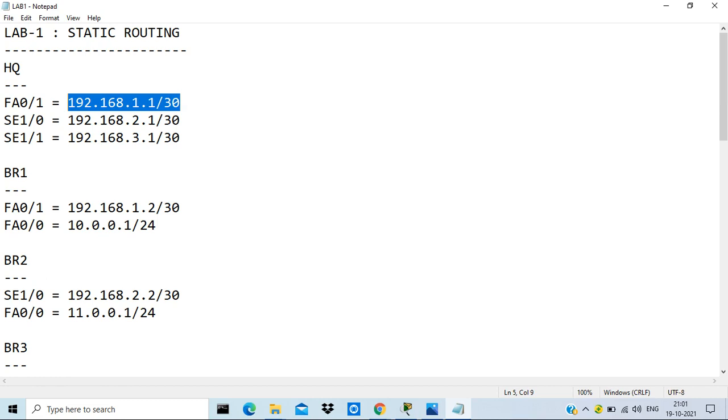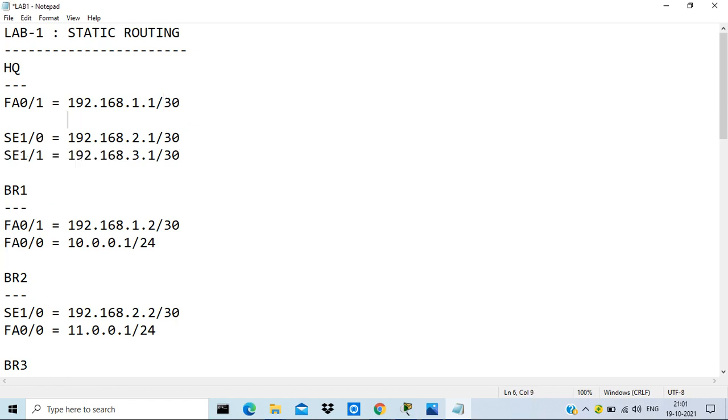But when we configure a LAN card of your laptop or desktop, will you write 30, or a full subnet mask? Full subnet mask. So what is the value of 30? 255.255.255.252. Correct. So three times 255 and then 252.